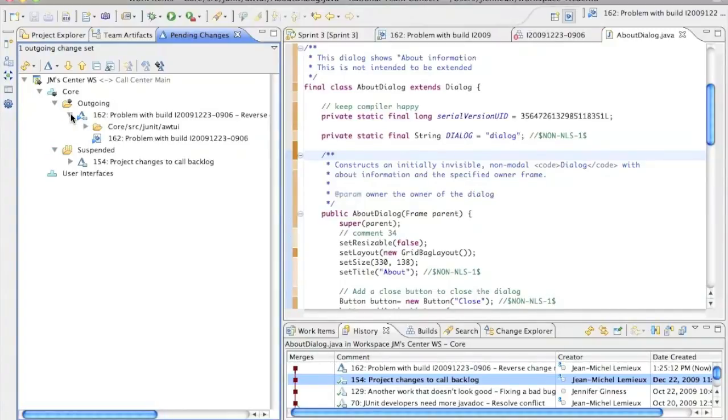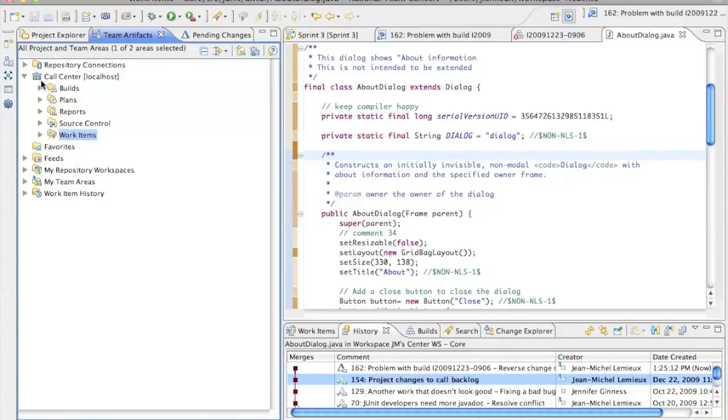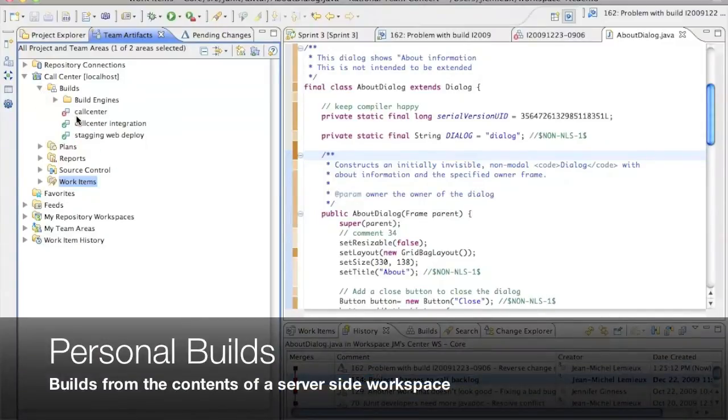We'll get back to that later. But now we've got this one work item, which we have a fix to. The fix is being tracked in the pending changes view. So before we deliver this, one of the cool enablement features we have is